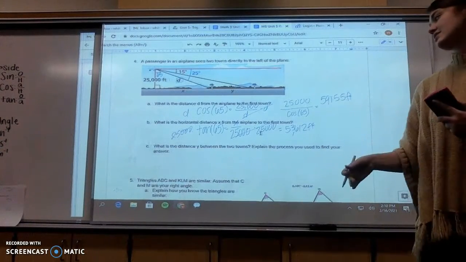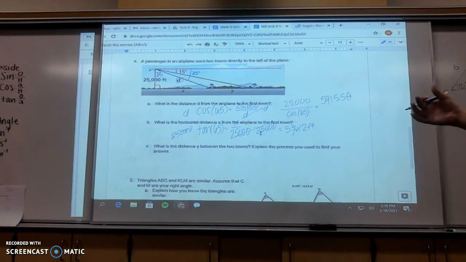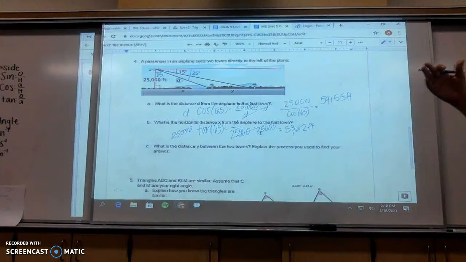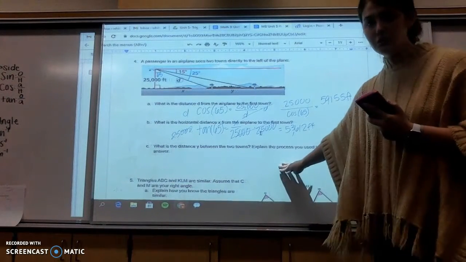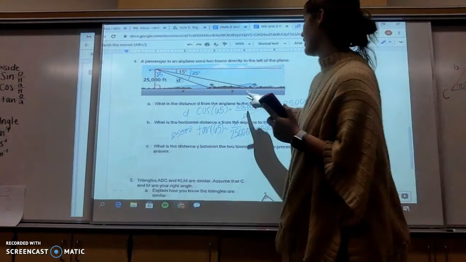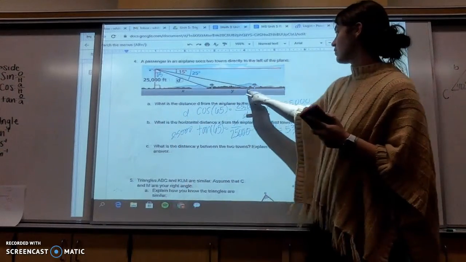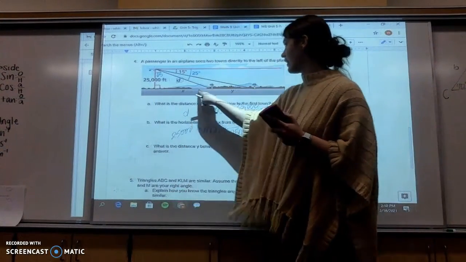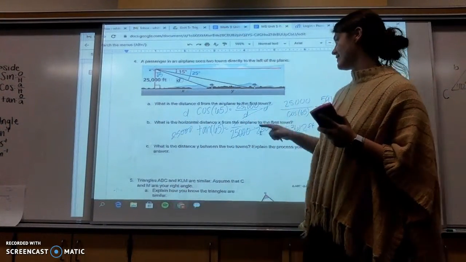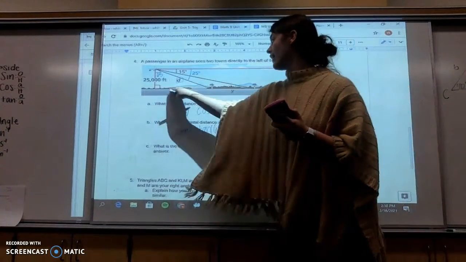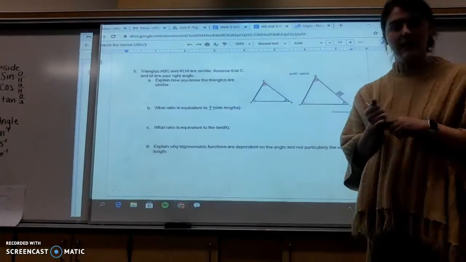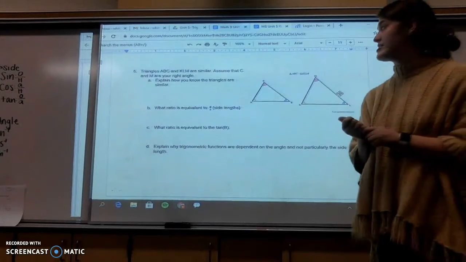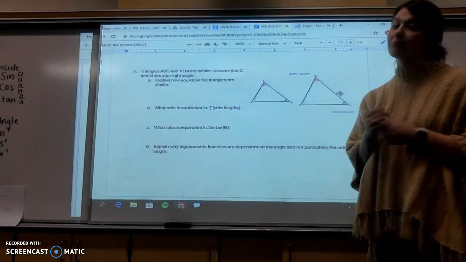What is the distance between y, the two towns? Explain your process for finding this answer. I want you to do this one on your own. So we gotta find this whole length right here, and then take whatever this whole length is and subtract it from here. Got it. Alright, so this one's really important, and you'll see that here in a little bit, especially tomorrow, because